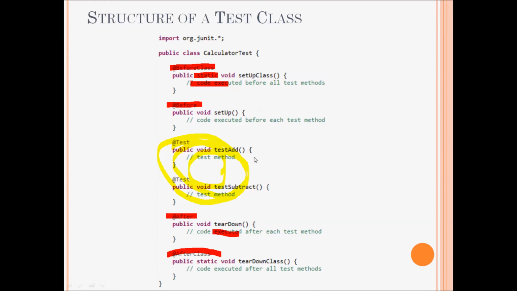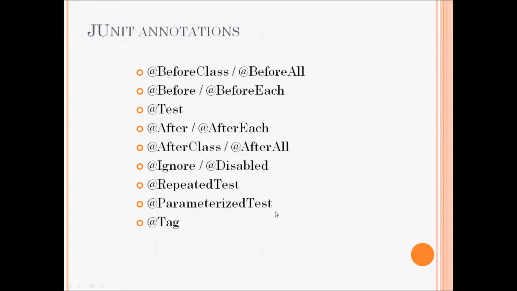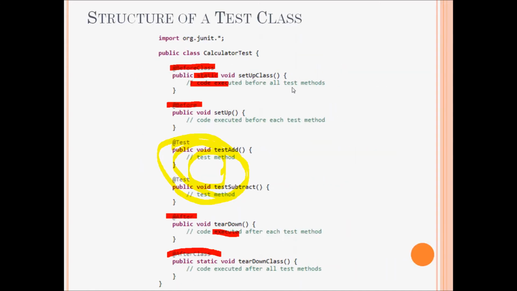We have test methods, and we have methods that are executed before all test methods, after all test methods, before each test method, and after each test method. So you see, we have the annotation @BeforeClass here in JUnit 4, and in JUnit 5 it becomes @BeforeAll, but I don't show the annotation of JUnit 5 here. Okay,